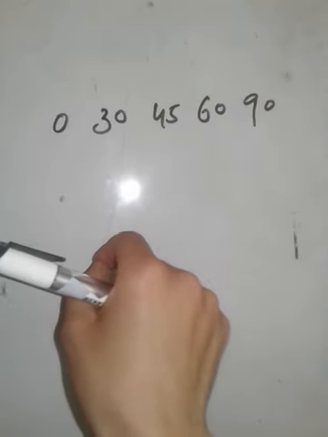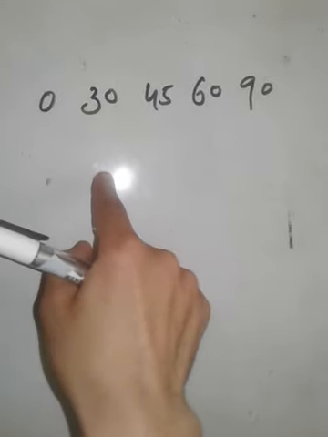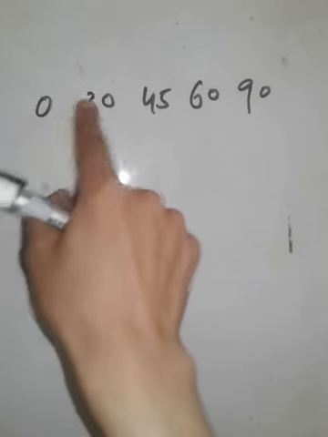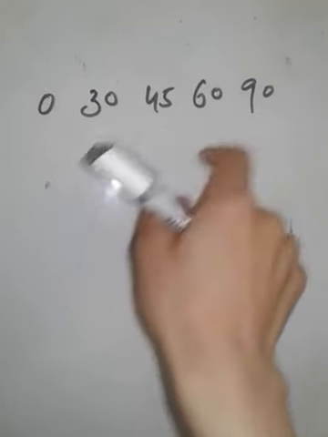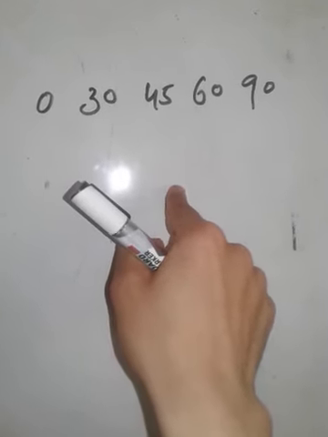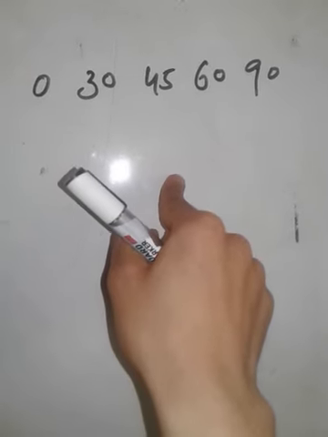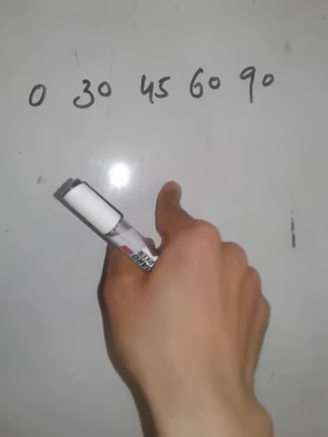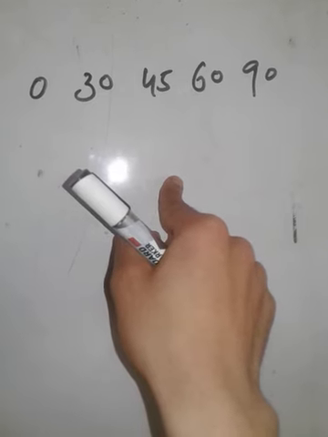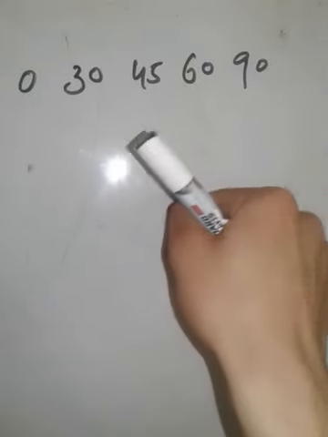Assalamu alaikum. Dear students, today we are going to discuss the trigonometric ratios of some specified angles: 0, 30, 45, 60 and 90. I will show you how to make the trigonometric table of these angles, and after that I will show you how to remember these trigonometric ratios in a short way. I will give you the short trick of the trigonometric ratios of these angles.